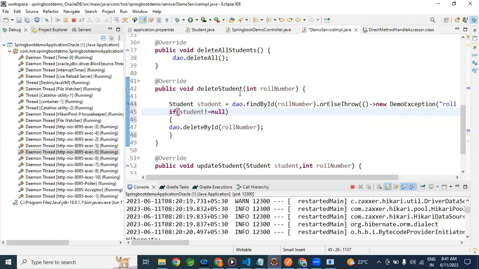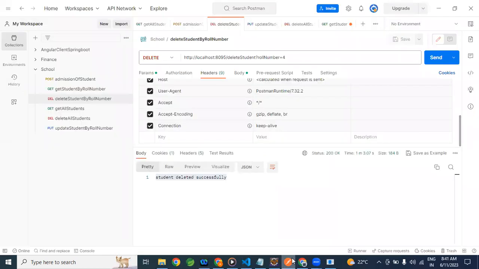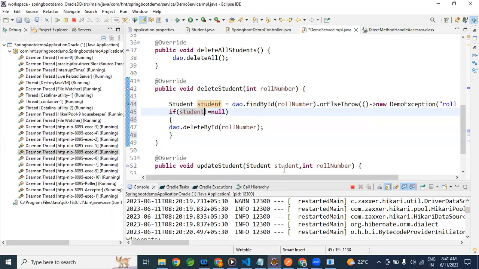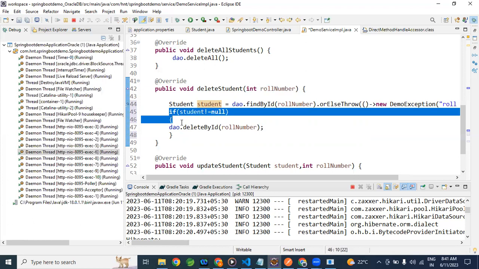So one problem is that student cannot be resolved to the variable dot delete by id. So what is it doing after that? It is showing the correct message. If I comment this,